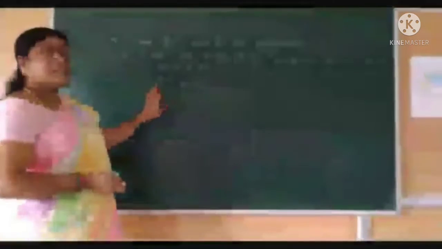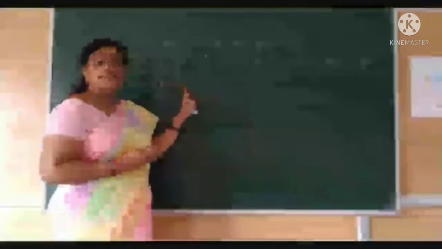What is the second rule? If you add two integers of unlike signs, one positive and the other negative. Here this is negative and this is positive. What will we do? First you have to find out the difference between these two. How much is the difference between these two? 4. The difference between these two is 4. Which is the bigger one? Means bigger digit, bigger number. 20 is the greatest one. 20 has the plus sign. So the result is always plus. What is the answer? Plus 4.